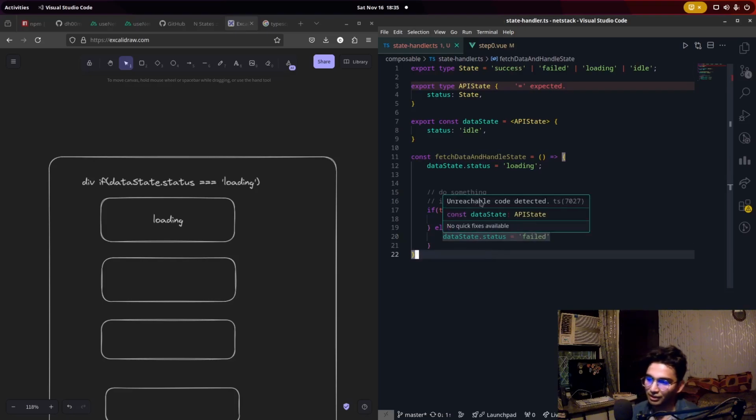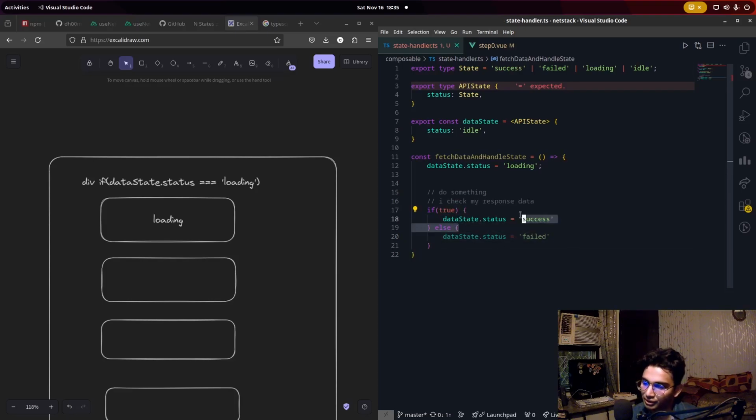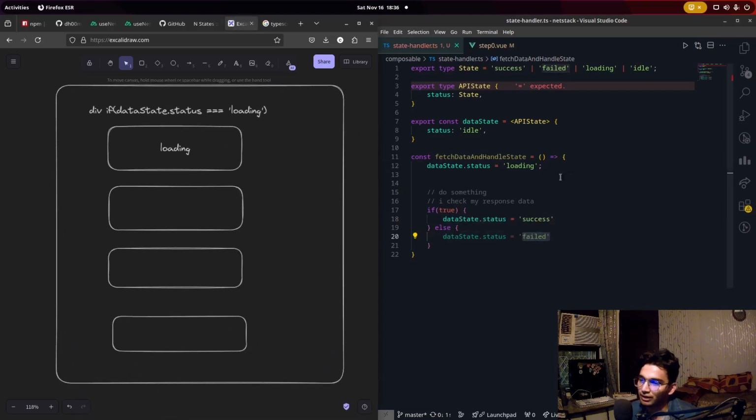This is great because this is unreachable code. It's always going to be true and it's always going to come up here, but let's say this condition true depends on the response that we get from the API, right? So like so, and by default we can make it idle. And maybe based on the conditions as well, we can push idle, and we can use idle however we want to. We can use success however we want to. If in success we want to show a failed response, we can do that. If in failed response we want to show a successful response, we can do that, because now on the UI front,